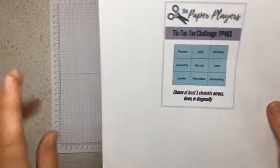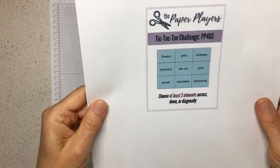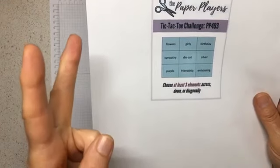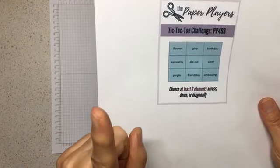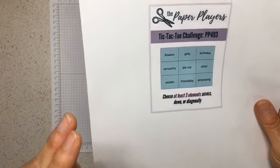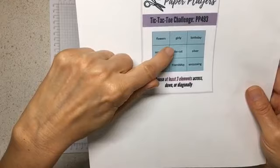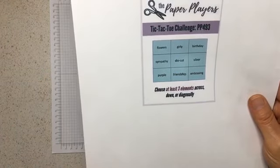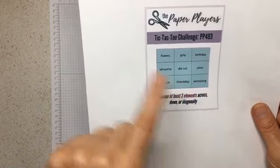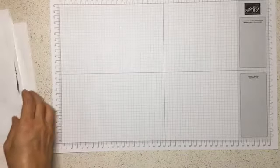So I have my cards ready. This time I have, woohoo! I'm way ahead of the game this time. What I chose, because I designed 2 cards, I used only 1 stamp set and dies, and actually it's a bundle. I chose Girly Die Cut Friendship, and the other one is Flowers Girly Birthday. Okay, I kept this simple. I went this way and this way, so kept kind of simple. And so I'm going to show you